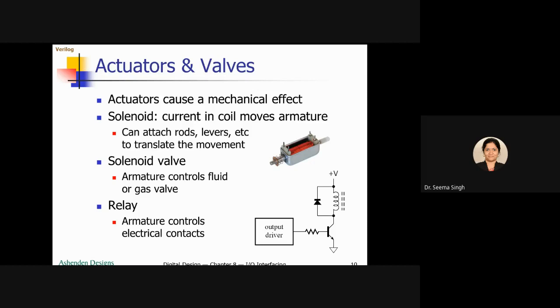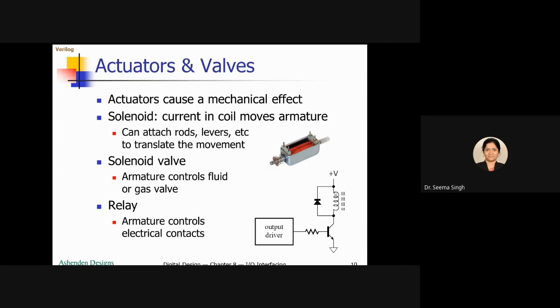Now, why is this diode connected? This diode is connected only for safety purposes. Why? Because when sudden changes happen in this inductor, you know, an inductor is not that controllable a thing. If heavy current flows through the inductor, and that heavy current flows through the transistor, it may spoil the transistor.